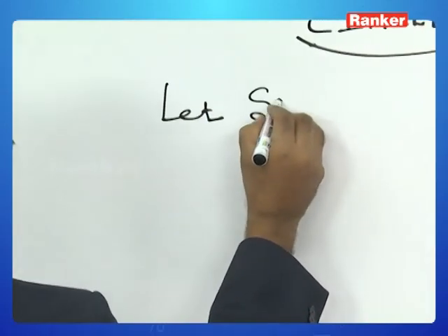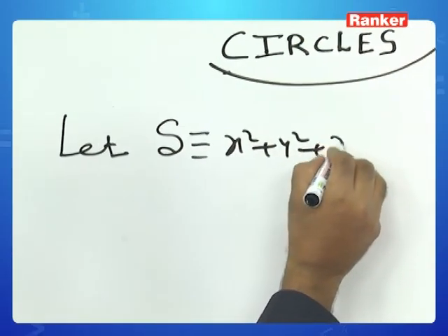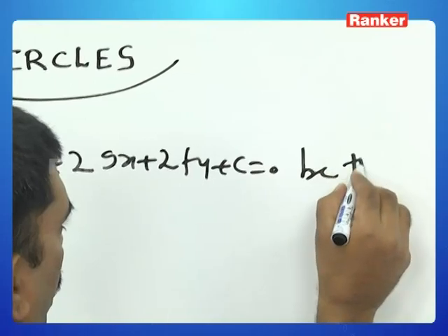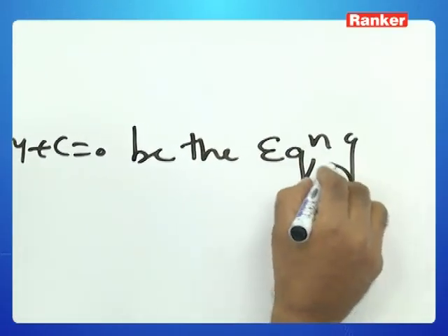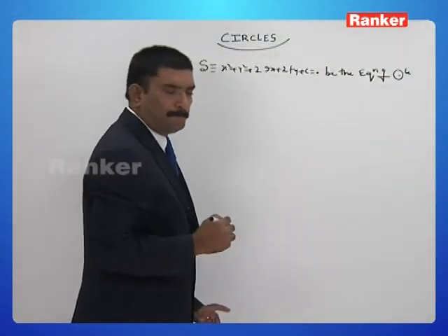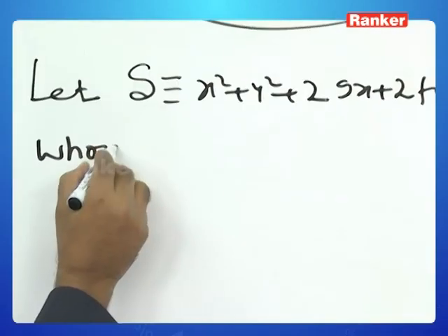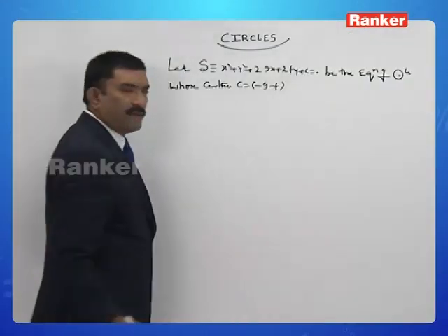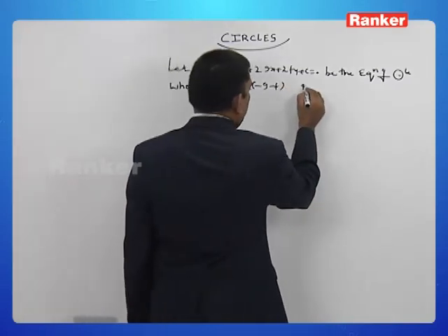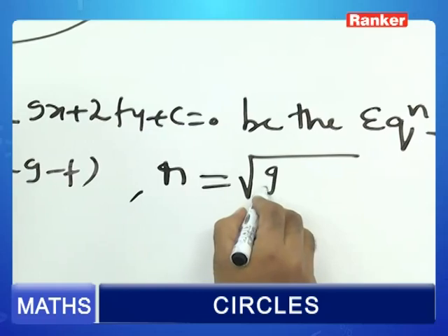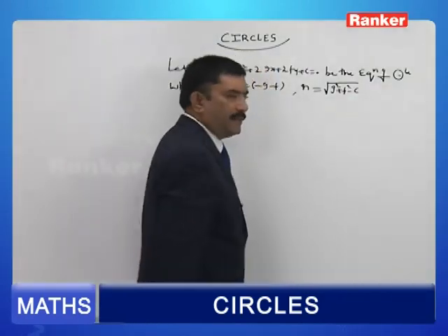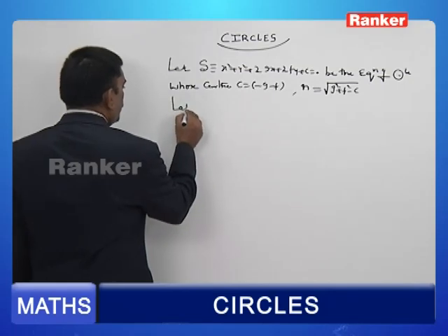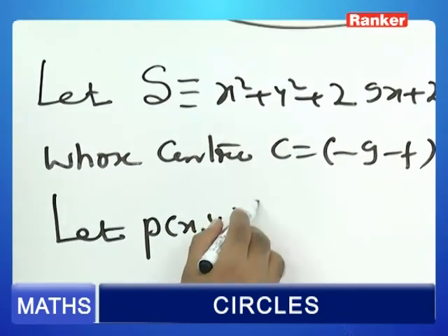Let S = x square plus y square plus 2gx plus 2fy plus c = 0 be the equation of a circle, whose center C is (-g, -f) and radius r is the square root of g square plus f square minus c. Let P(x1, y1) be a point